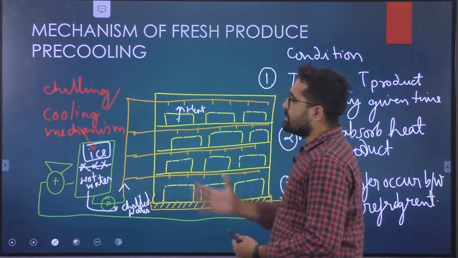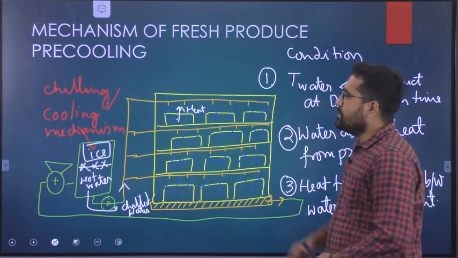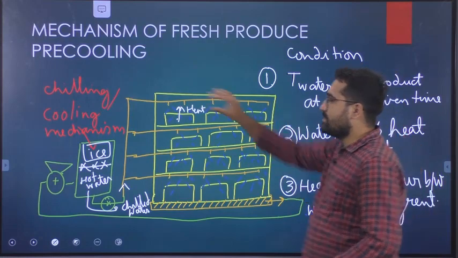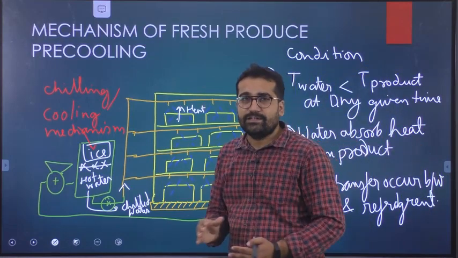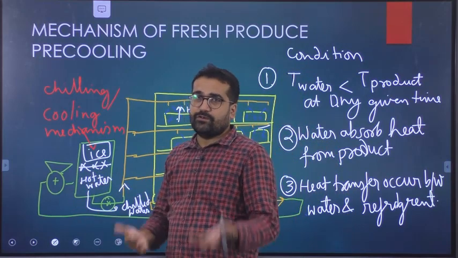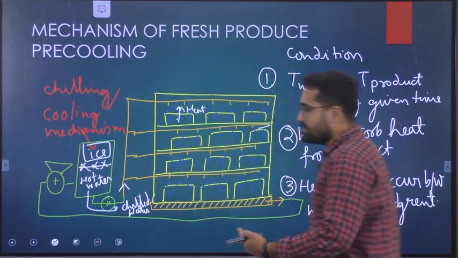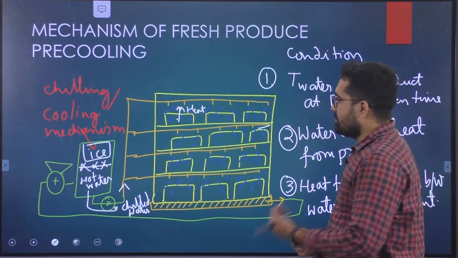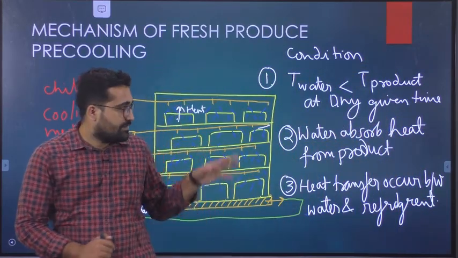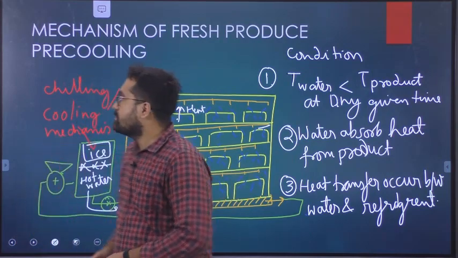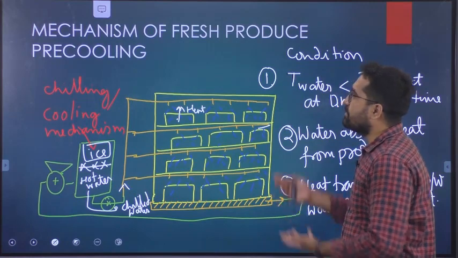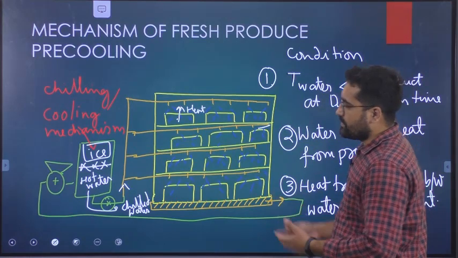If this system is air type, air pre-cooling type, then instead of water we will deal with the air. Okay. So instead of sprinklers we will have fans, instead of water we will have air, instead of pump we will have blowers, or suction pumps. So these things change automatically. These things we will see in detail one by one. So this is the mechanism of how generally a heat exchanger or a pre-cooler works.